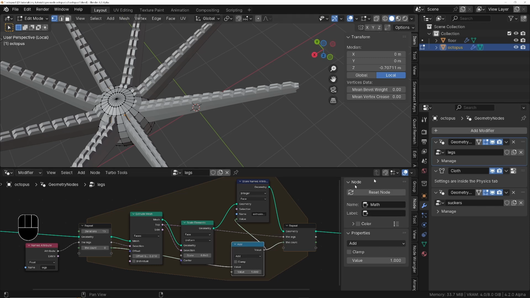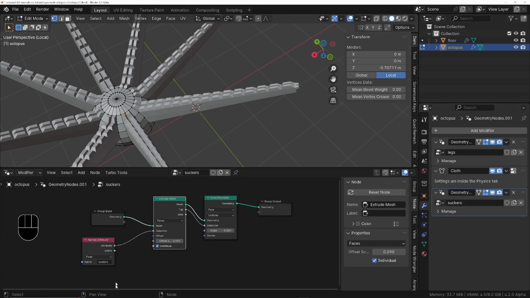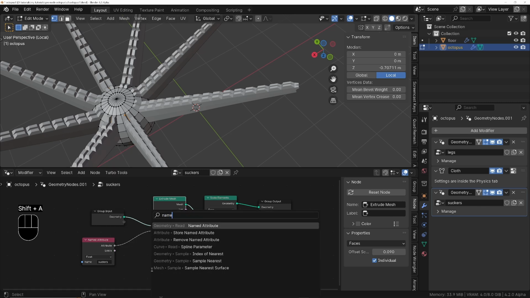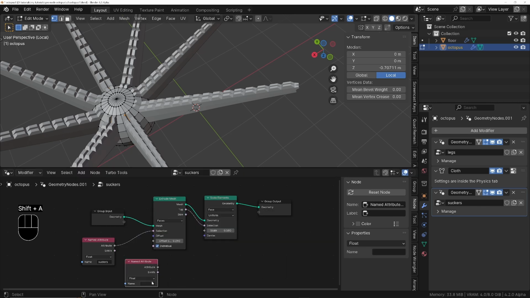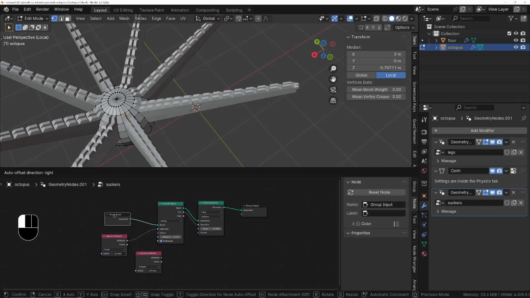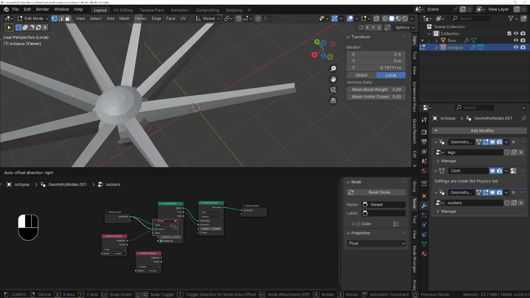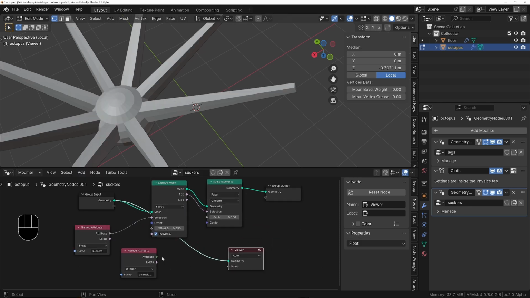Okay, so let's go back now. We've created this new attribute. We'll go back to the second geometry node modifier, and we can use that attribute now. If we do Shift A, named attribute, and I'll click on the name button, and we've got access to it in here. So click on that. And if I want to view this, I'll Control Shift click on here before we start doing the sucker extrusions. So that gives us a viewer, and we'll plug the attribute here